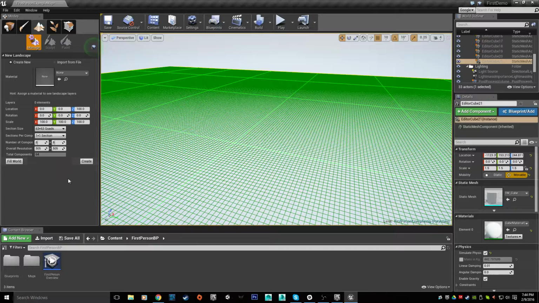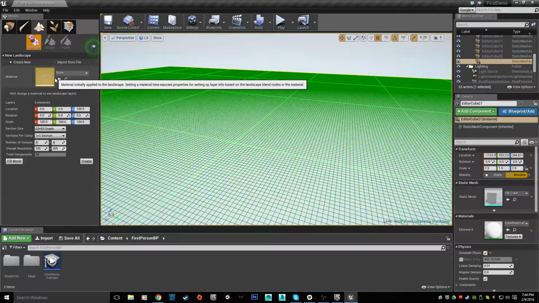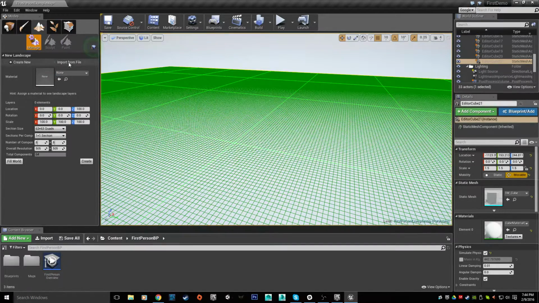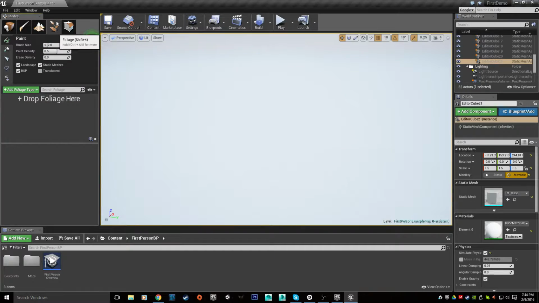But we'll probably talk about this a little bit more next week. We're not going to get into it too much right now. If you want to play with it, this is where it is. Sculpt on it, have some fun with it. The next one is the foliage tool, and